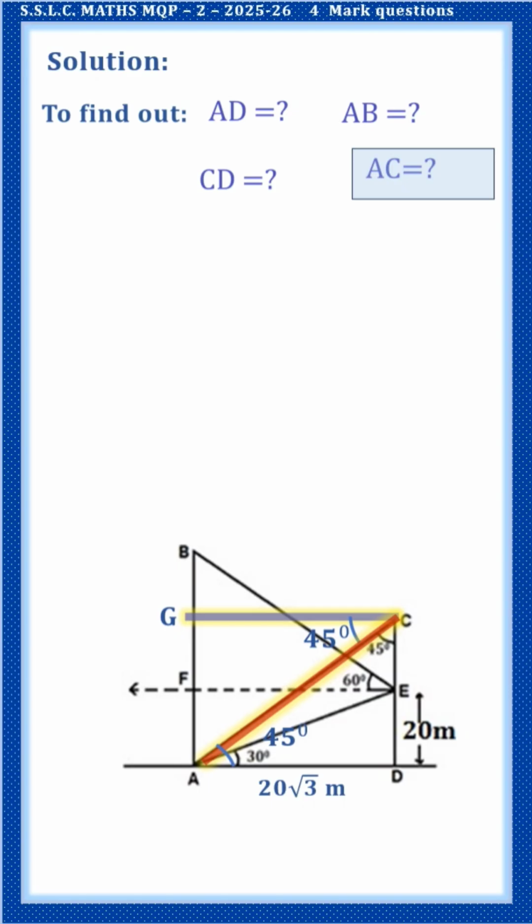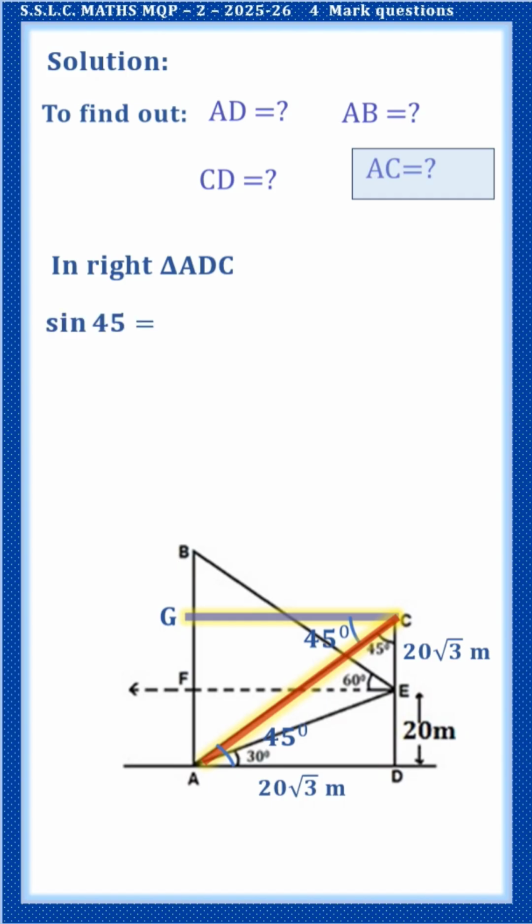Or you can also use the Pythagorean theorem here: 20 root 3 the whole square plus 20 root 3 whole square is equal to the hypotenuse square. You can take the square root. But here I am using the trigonometric ratio. Which triangle? In right angle triangle ADC,